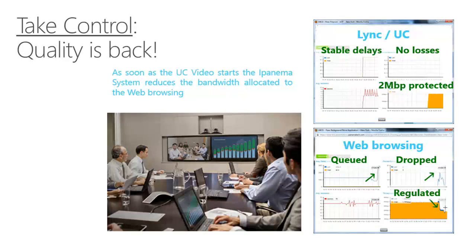This is the web browsing traffic flows. We can see standard performance, but when we start the video conference up here, 1 meg, 2 meg video conference, we can actually step in and say, okay, web traffic is less important than the video conference. We're going to queue that. We're going to deprioritize that traffic to make sure that the video conference gets access to the resources that it needs. And by doing that, you guarantee the quality, you guarantee you get the codec that you're trying to negotiate at the start of the call, and you guarantee that the video conference is successful.